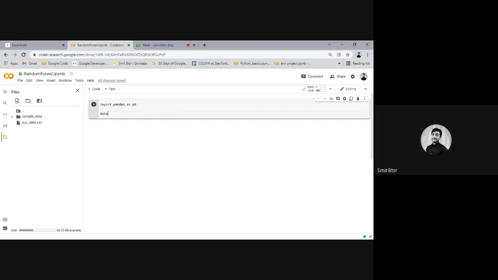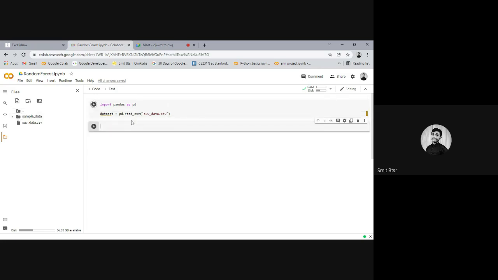Let's say dataset equals pd.read_csv and the name of the file, CV_data.csv. Yeah, it should work. Dataset.